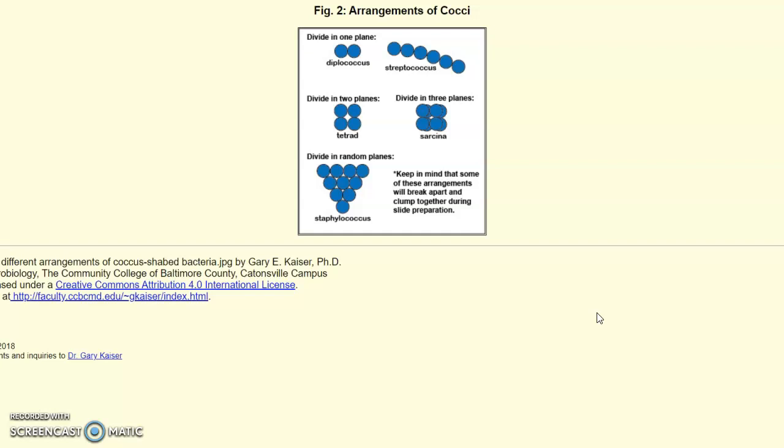If they divide in three planes, we can end up with a sarcina, which would be eight cells stuck together. And then if they just divide in random planes, kind of in all directions, we can end up with what's referred to as the staphylococcus or staphylococci, which would be a cluster or kind of a random grouping of the